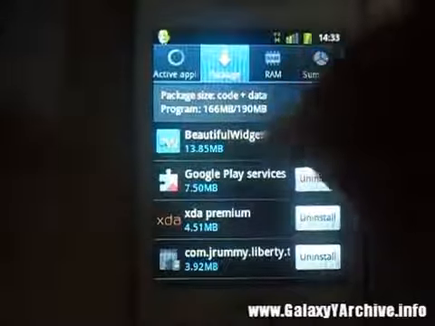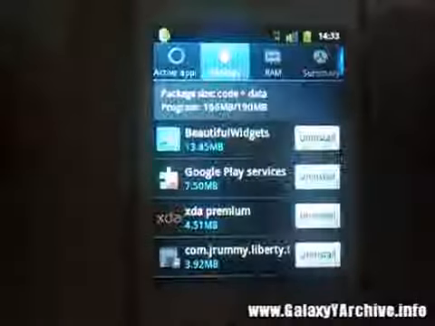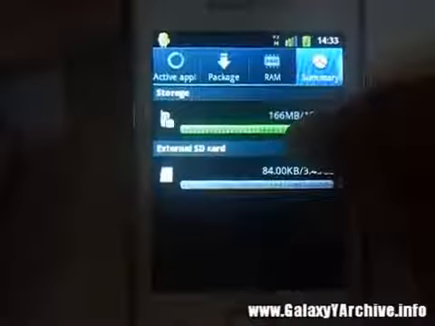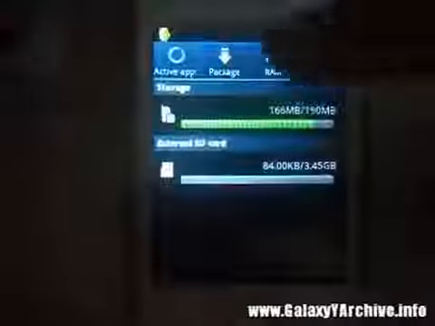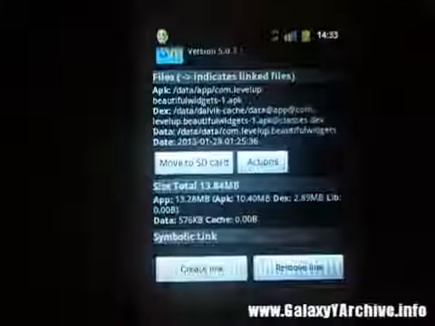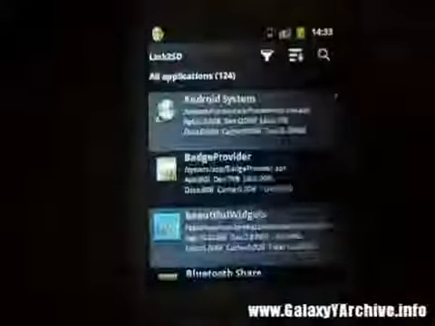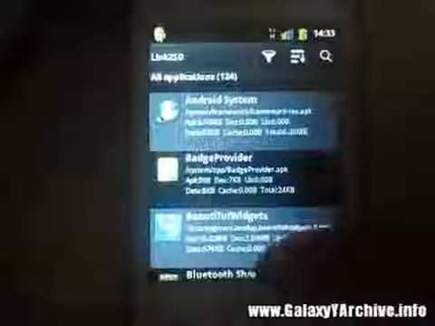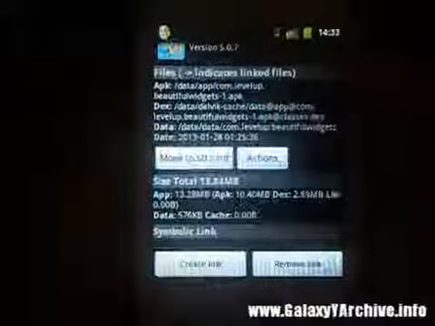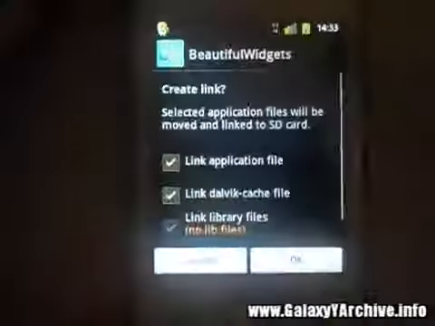As you can see, I've got Beautiful Widgets installed, and it takes up 13 megabytes of my internal memory, and you can see I have 166 used. So let's do the demonstration of linking this, moving it to the second partition. In the list here, when you run Link2SD, choose the app which you want to move. For example, I'm going to do it with Beautiful Widgets. Choose that, go down and tap on create link,